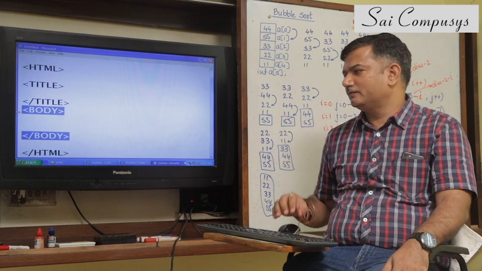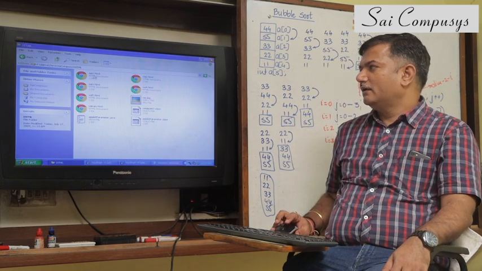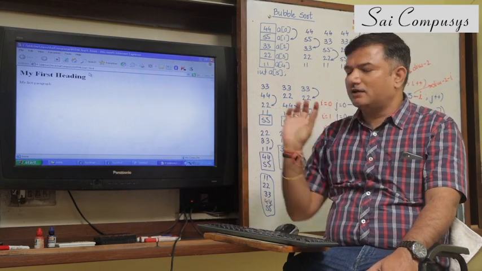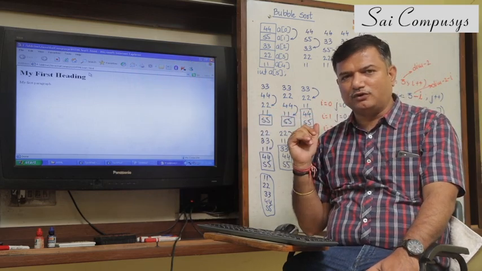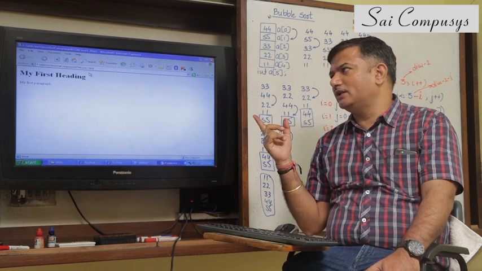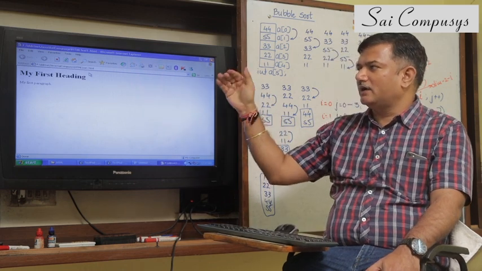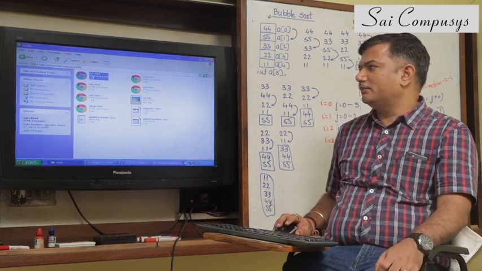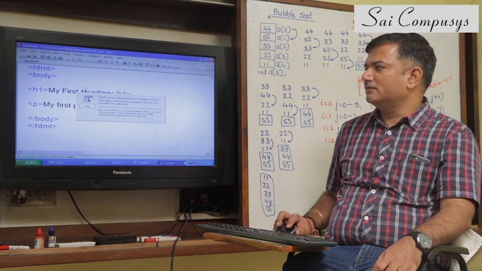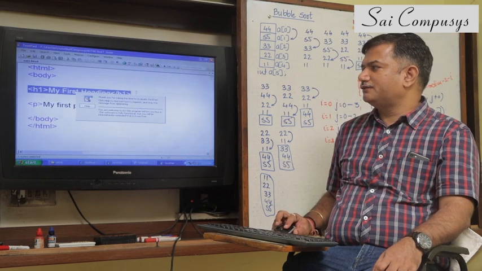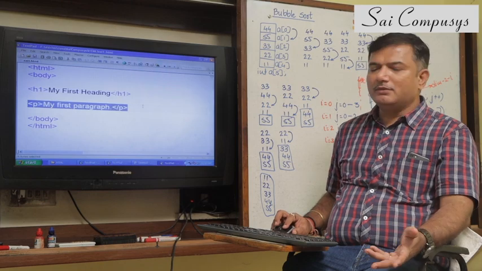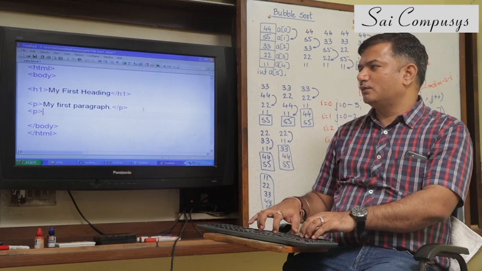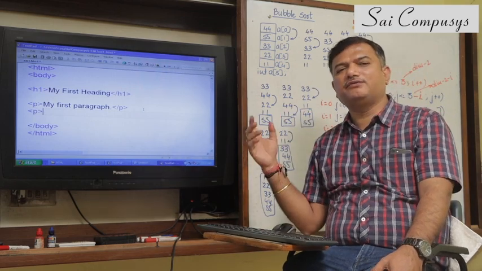I will just show you this. See, a very simple thing. I have specified a heading and a paragraph in front of you. You can see the difference in the fonts. When the web browser shows an HTML file, the first part is the heading and the second part is the paragraph. Now what is written inside it? It's very simple. H1 stands for the heading, P stands for the paragraph. If I wish to define another paragraph, I'll just put it this way. Again, I can write the second paragraph and end the second paragraph.